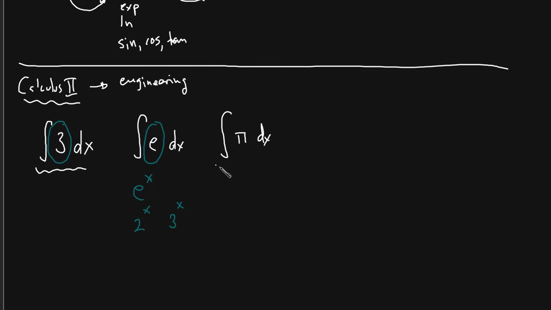And next, we've got pi dx. Integrating pi is like this funny number. The students have seen it since probably like the 3rd grade or 4th grade, but still have no idea what to do with it, especially when it shows up in a calculus course and it's not associated with a trig function. It's not associated with geometry. It's just there, sitting as an integral of pi dx.